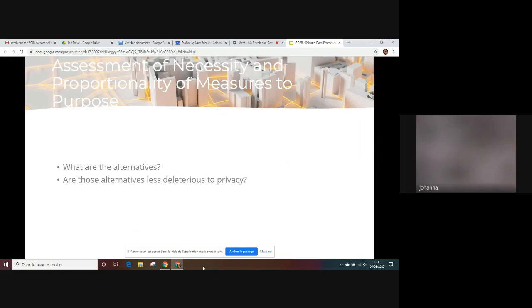What are the alternatives to my processes? And how could I put them in place? And are these alternatives going to be less deleterious to privacy? In other words, could there be alternative practices that are more appropriate? And this is a very useful exercise to do, regardless. Is there another way you could do what you're doing, which in the end is more compliant with the GDPR and works,